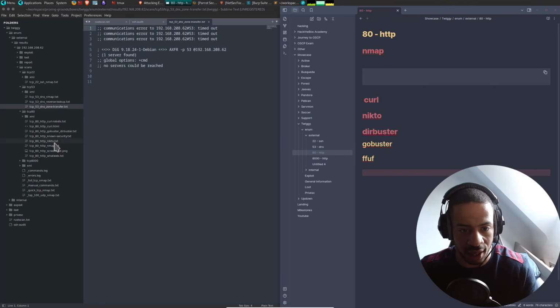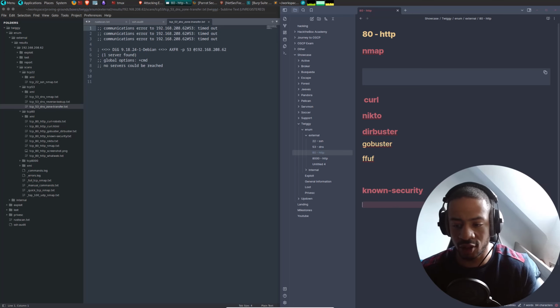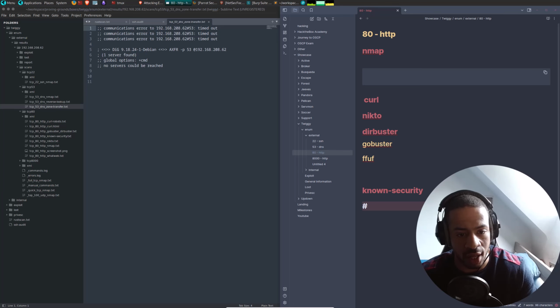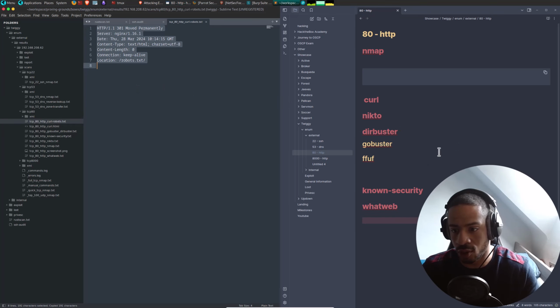So let's do it like that. And then we have known security. This is just part of the enumeration that will never change. It's my methodology. It's just how I like to do things. So yeah, let's take the robots.